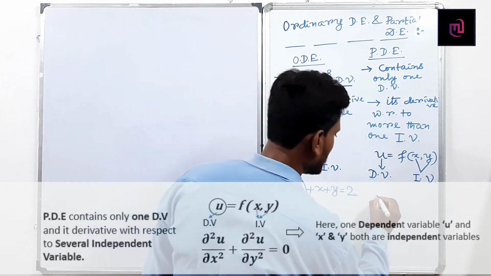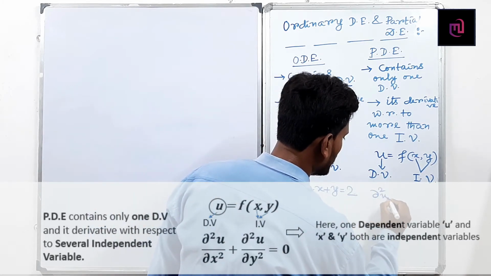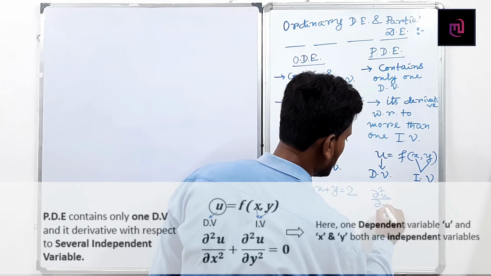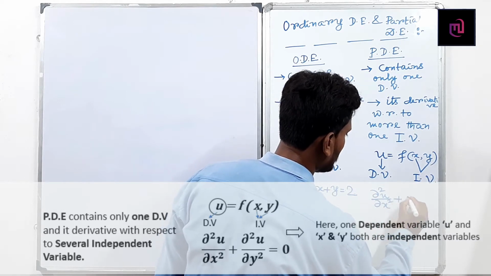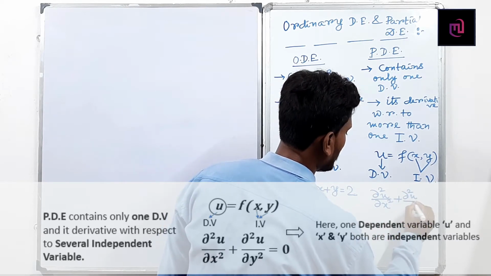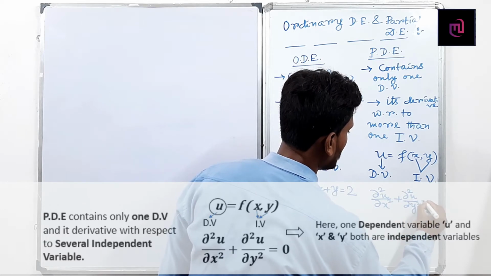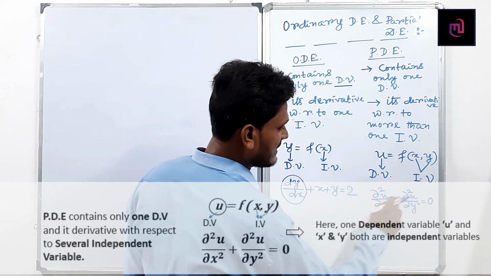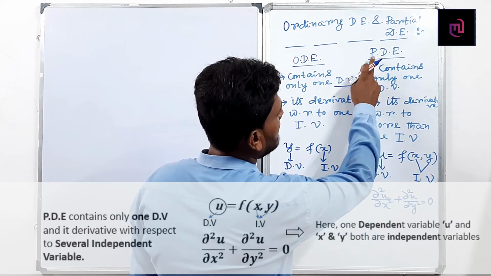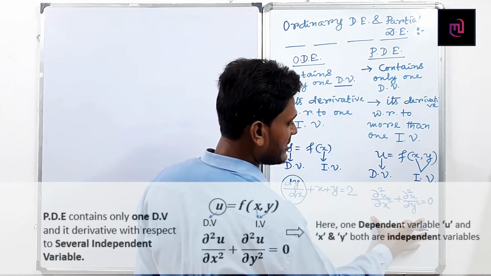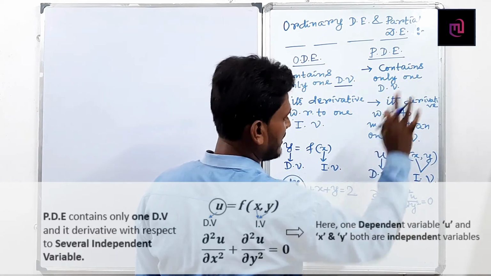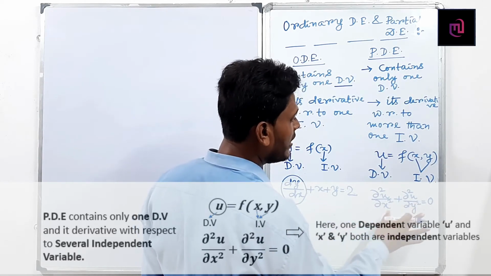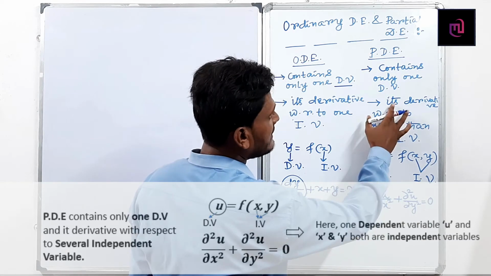If I take one example, it is clear: the two-dimensional Laplace equation, del squared u by del x squared plus del squared u by del y squared equals 0. Here, in both terms, u is the dependent variable. This partial differential equation contains only one dependent variable, u, and its derivative